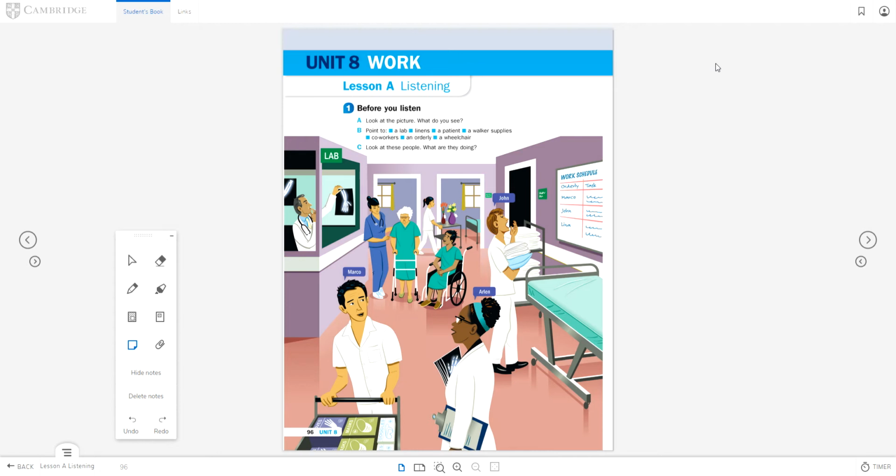We are now beginning a new week, a new lesson, actually a new Unit 8. We are going to talk about work. So get your student book and open your book on page 96, okay? And page 96, Unit